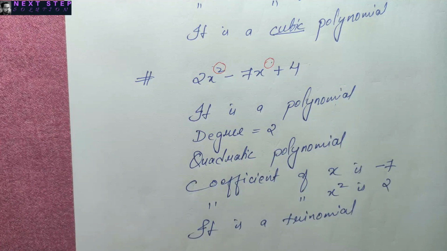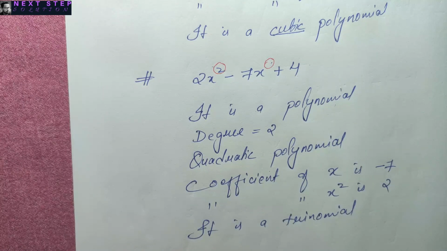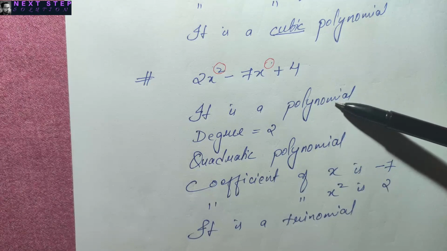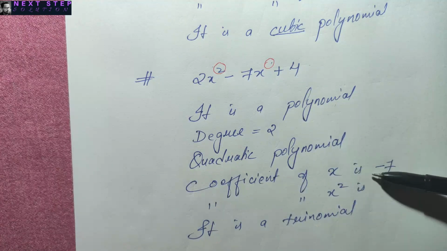Now in the exam, you won't be asked to comment on all of this in one question. In some questions, you will be asked to identify whether it is a polynomial or not. In some questions, you will be asked about the degree. In some questions, you will be asked about the type. In some questions, you will be asked about